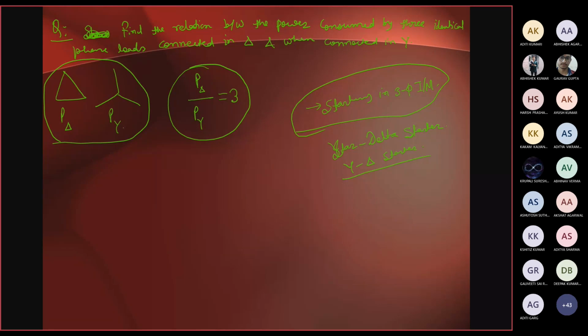उसमें क्या होता है कि नॉर्मली when the three phase induction motor starts, at the time of starting it draws a huge amount of current from the supply system, right? So starting current is very high, ठीक है। तो करते क्या है कि हम लोग पहले स्टार में रखते हैं कनेक्शन स्टार्टर का।